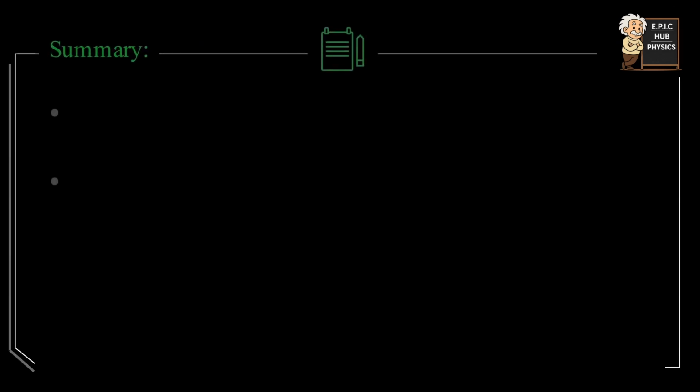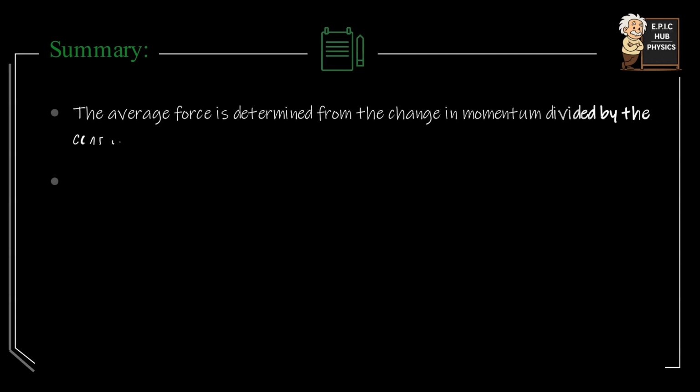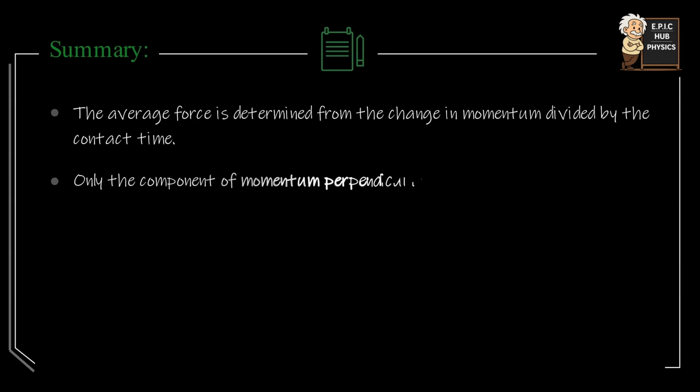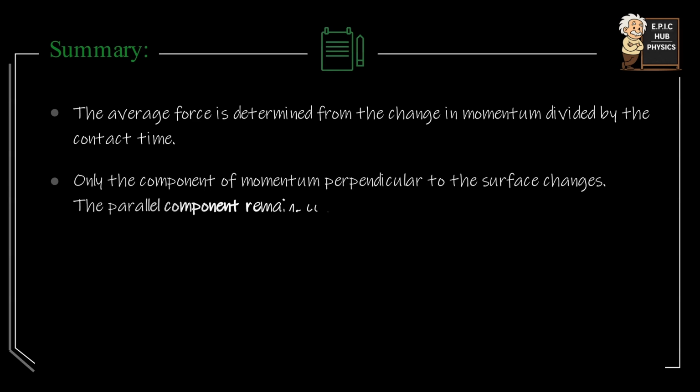Now let's summarize. The average force is determined from the change in momentum divided by the time of contact. Only the component of momentum perpendicular to the surface changes. The parallel component remains constant,